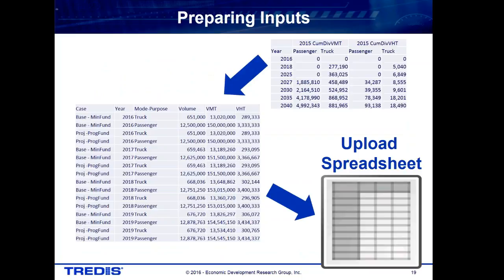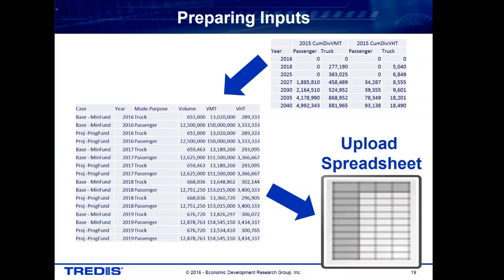In the next table, diversions are added into baseline travel, which is increasing slightly from year to year due to traffic growth. In the portion showing truck diversions cause a bump in VMT and VHT in 2018. In TREDIS, we'll review how diversions phase in the later years. As you can see, in order to analyze some of a preservation program in TREDIS, there's some work involved in